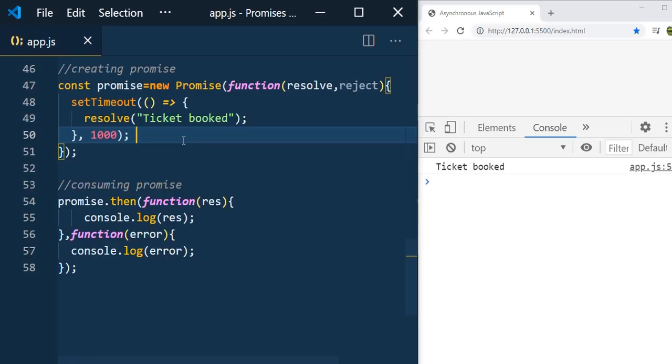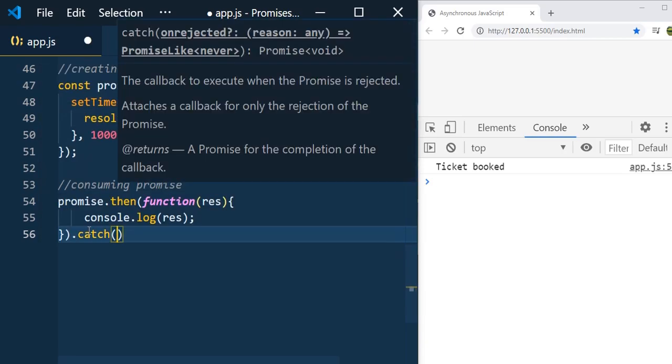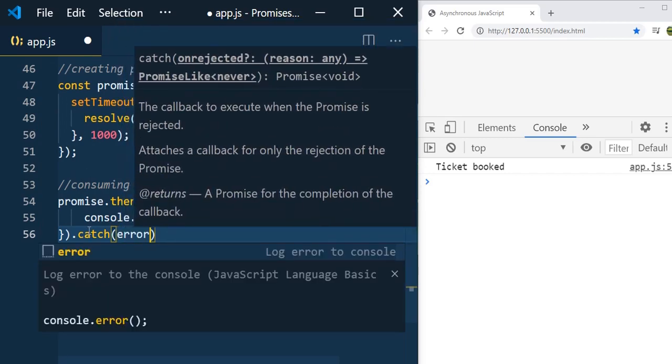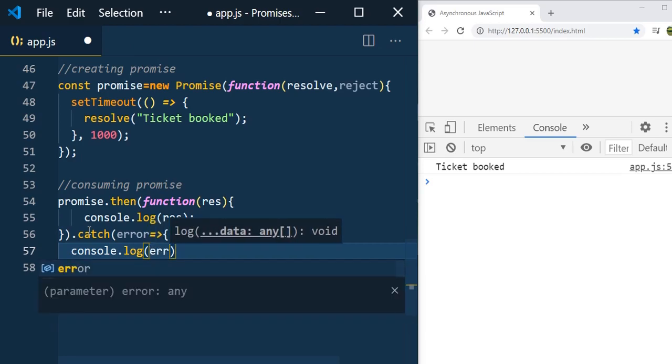Now let us discuss how to catch the error. Let's say you are sure that you are going to get an error. In that case you can use the catch method, and you can avoid using this handler, because in the then handler you have the fulfilled and rejected handlers, and you can ignore these, and you can have the catch block, and it takes one parameter like error. console.log error.